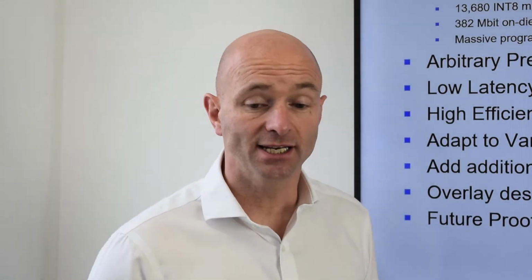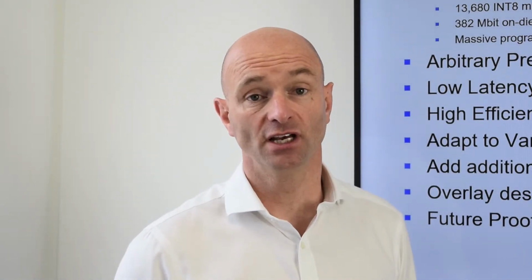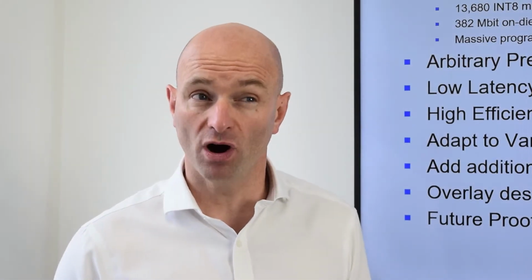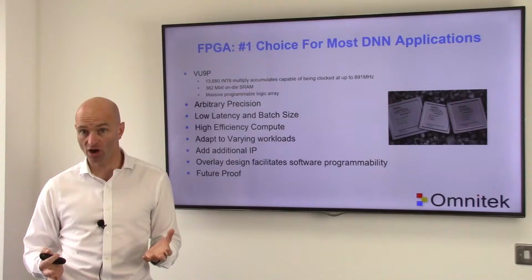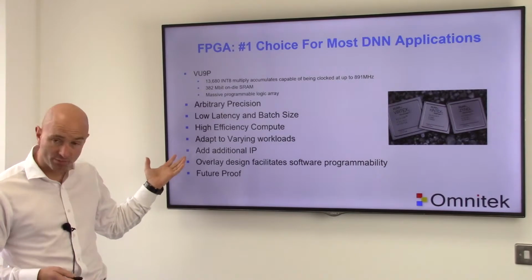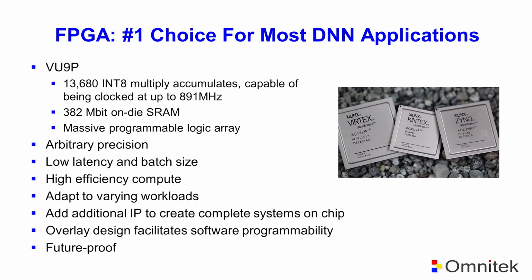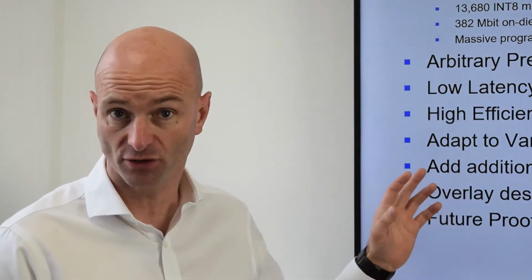Also very importantly, different neural network topologies such as CNNs, MLPs and RNNs require different types of processing, and again the FPGA architecture is the only architecture that can adapt and completely rewire to address these different types of topologies. In addition, other IP can be added. For example, an ASIC designed to do neural network processing can only do that generally. It can't do anything else. Whereas if we wanted to add our warp processing or video processing or connectivity, that can also be added within